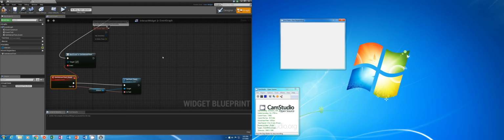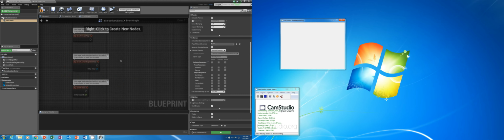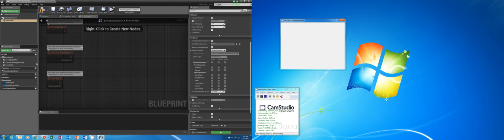Okay, so there we go. Okay. Set text to interact. Okay. Now we're going to go back to our interactive object, and we're going to do an event